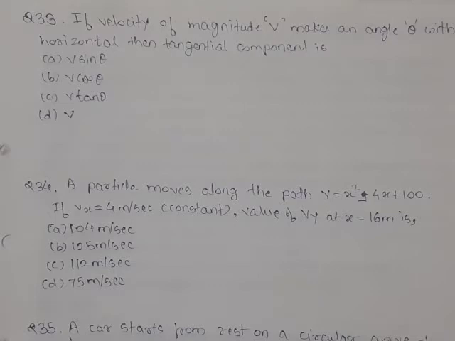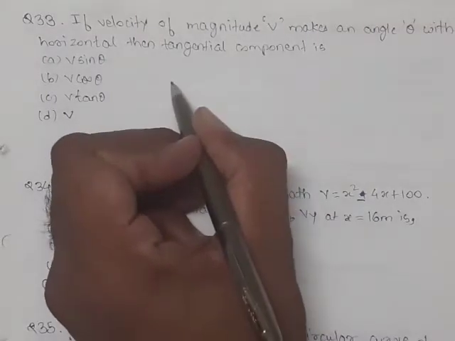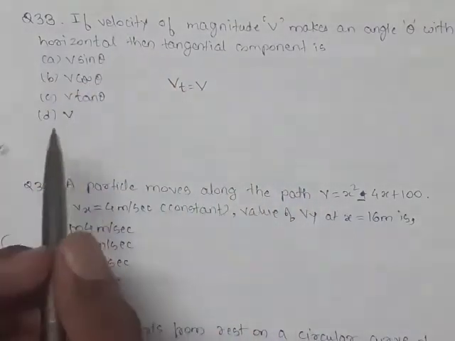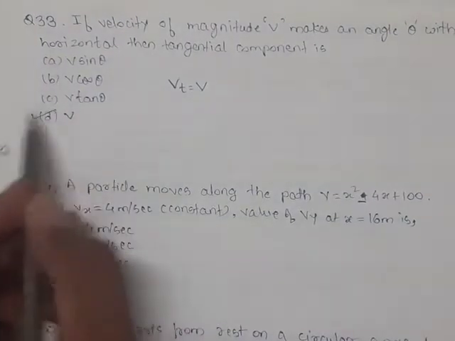Here we are talking about a particle traversing a curvilinear path. When a particle is traveling along a curvilinear path, and we consider the normal-tangential coordinate system, the velocity along the tangential path is taken equal to the entire value of v, because the velocity component along the normal direction is 0. The tangential component of velocity vt will be the entire value v. So from the four options, D is correct.